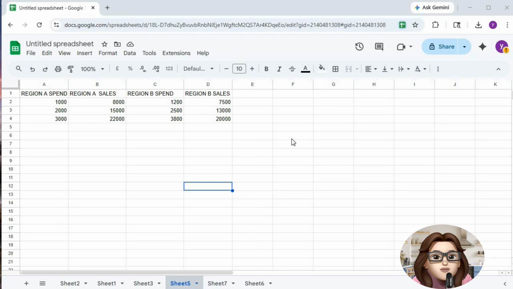In this tutorial, I'm going to show you how to quickly reorder your tabs in Google Sheets so your workflow